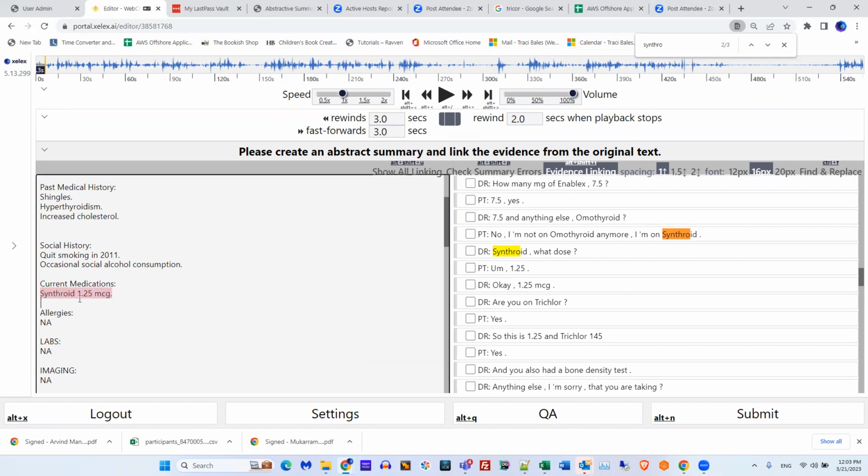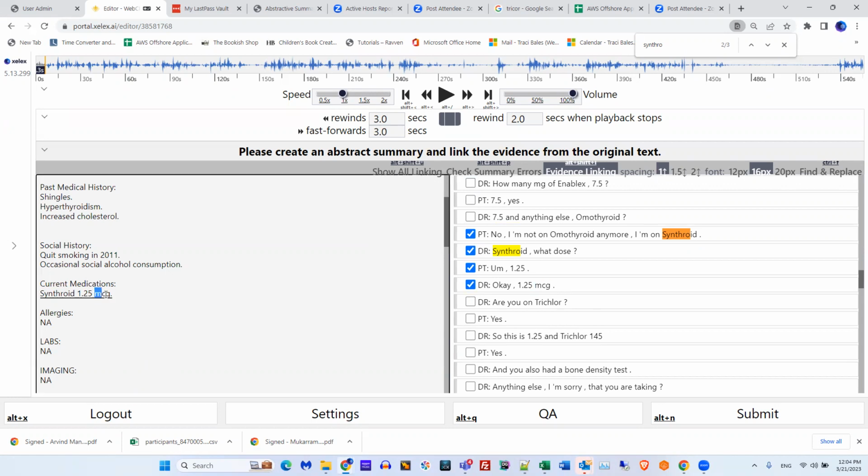Okay, so I'm going to link that evidence. So she says she's on Synthroid. The provider asks what dose, and she responds. And then he says, okay, and gives the micrograms. So it would need all of this to be legitimate evidence linking. Okay, now we don't know the frequency, so we don't add it.